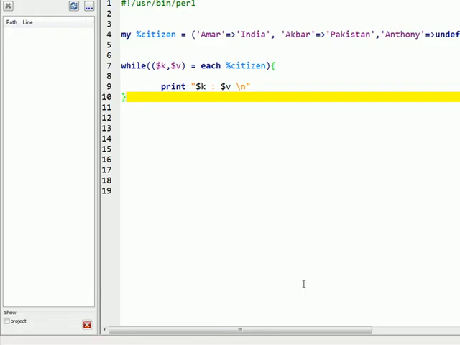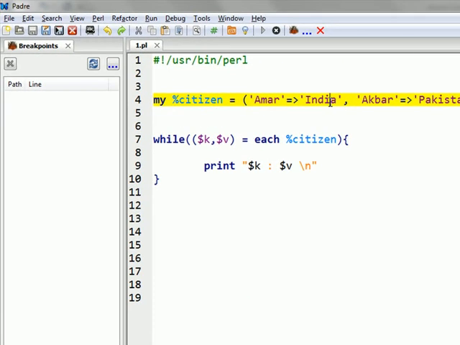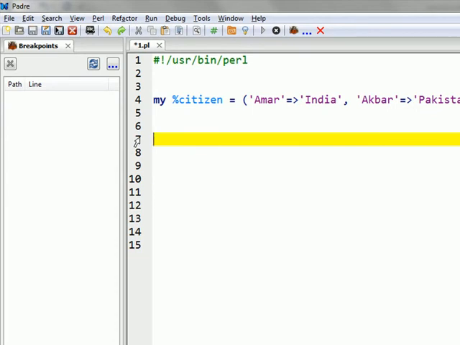Hash size is nothing but the size of the keys or the size of the values. Effectively, if you take the size of the keys, then it is the size of the hash. So how to get the keys?